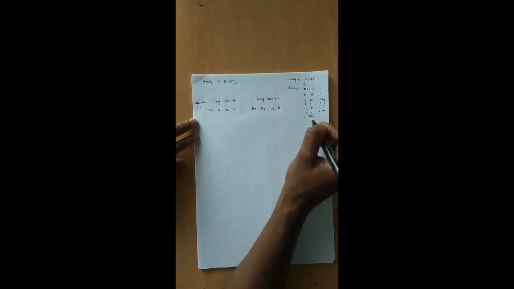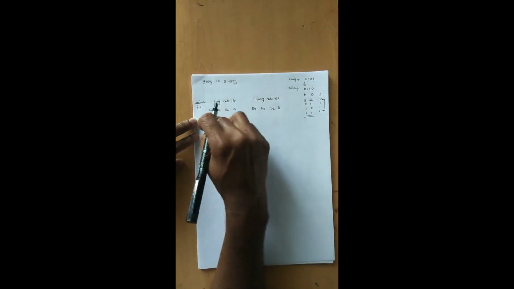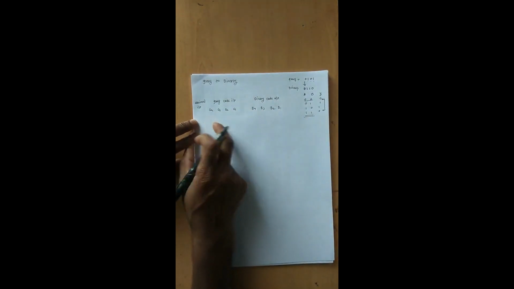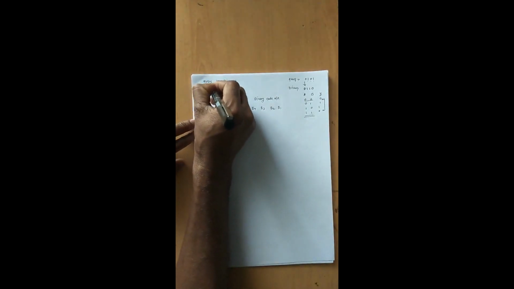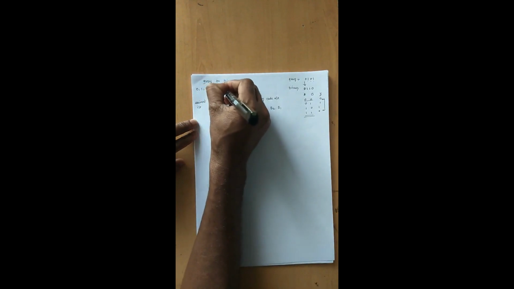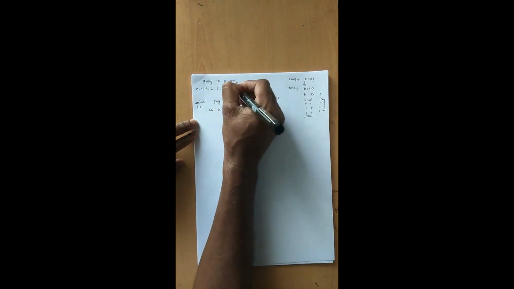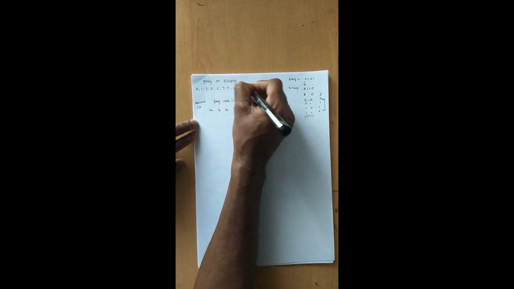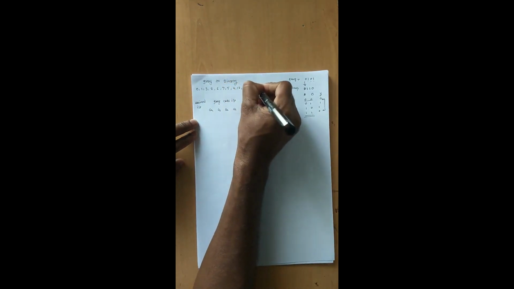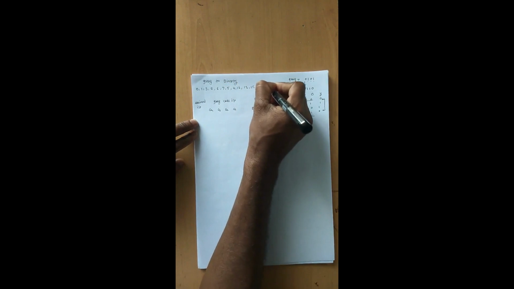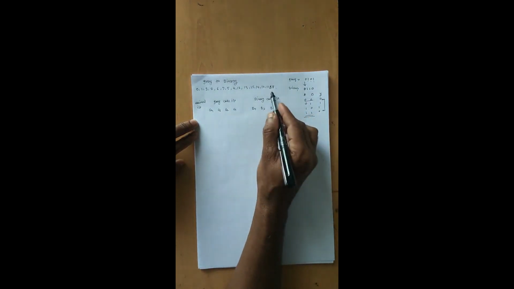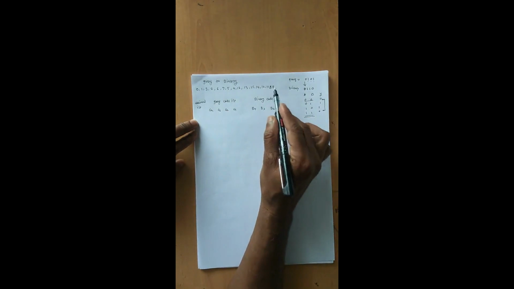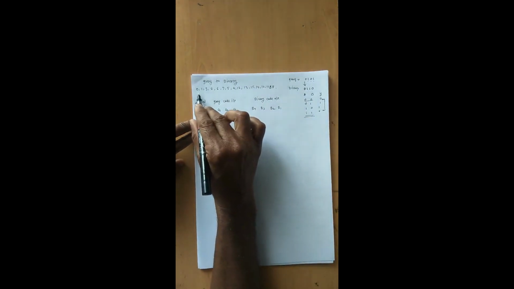Before starting the conversion table, we have to make a sequence of gray code. On the input side it is 0, 1, 3, 2, 6, 7, 5, 4, 12, 13, 15, 14, 10, 11, 9 and 8, because when we convert binary to gray code, the sequence of the gray code looks like this. So we have to take our sequence in this format.